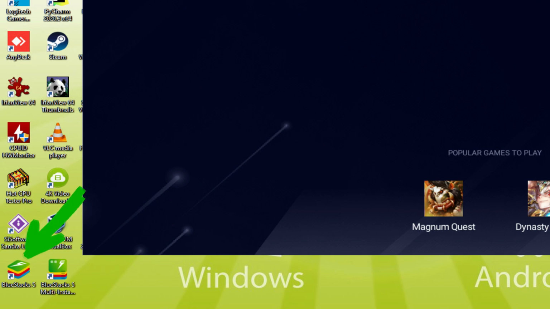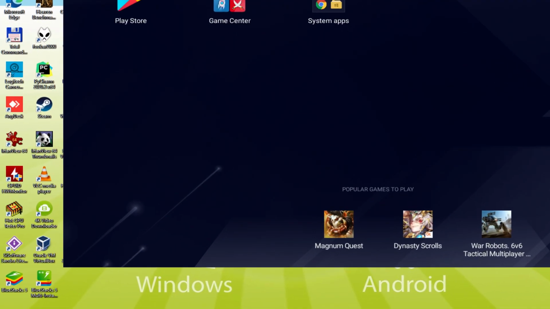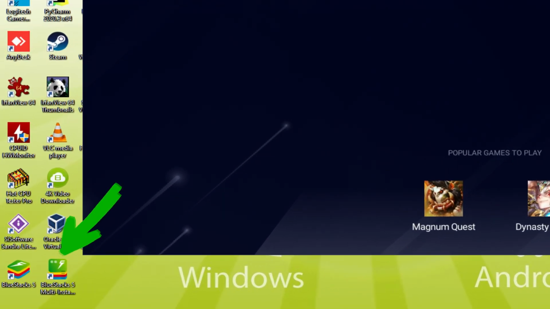Note that the BlueStacks app icon is definitely the one we're interested in. The moment we have to start Tales of Grimm on our PC, we twice click on this particular app icon and therefore start the emulator. The BlueStacks multi-instance icon allows you to launch multiple emulator instances. And with BlueStacks 5's new improved multi-instance manager in Eco Mode, players can run more game instances faster and with less lag.